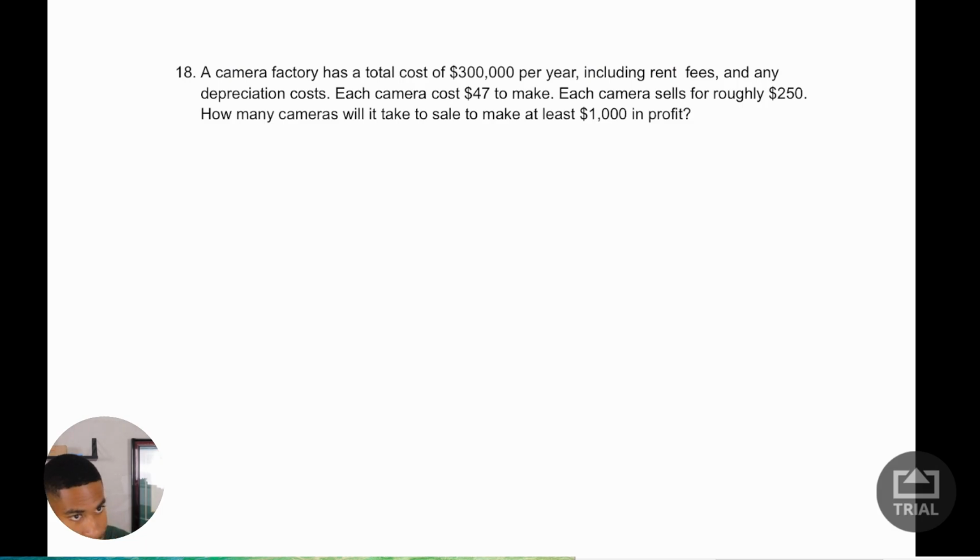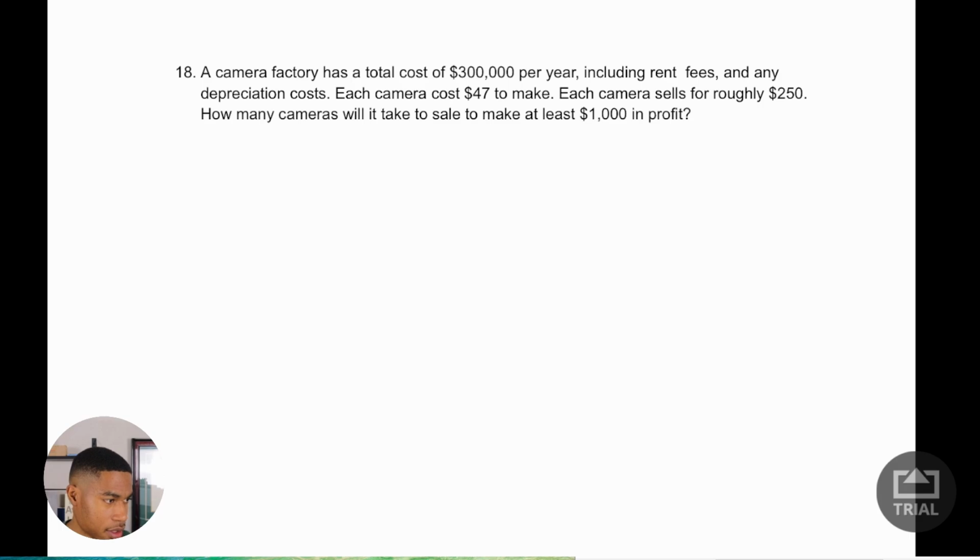So a camera maker has a total cost of $300,000 per year, including rent costs and any depreciation costs. Each camera costs $47 to make. Each camera sells for roughly $250. How many cameras will it take to sell to make at least $1,000 in profit? Okay. So this is a